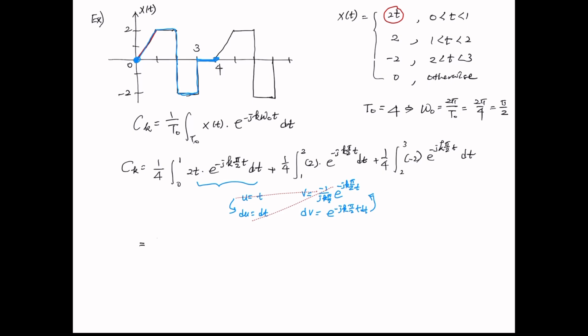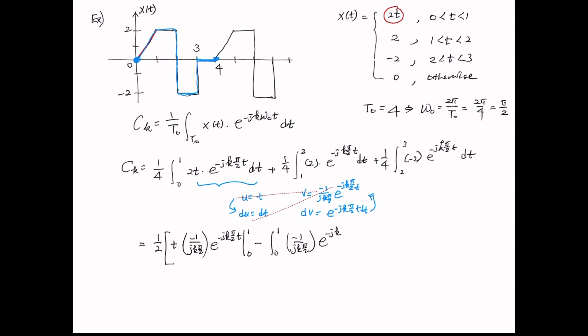Then, I'm going to take the 2 in front of the integral, so we have 1 over 2, and then uv, t times negative 1 over jk pi over 2 e to the negative jk pi over 2 t, going from 0 to 1, minus the integral from 0 to 1 of v du,